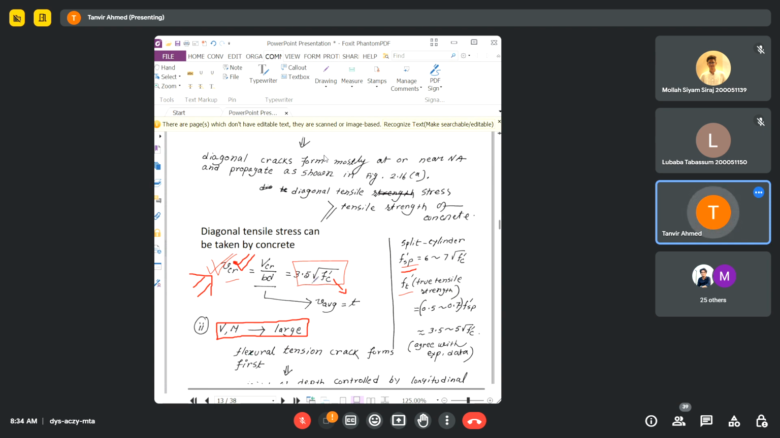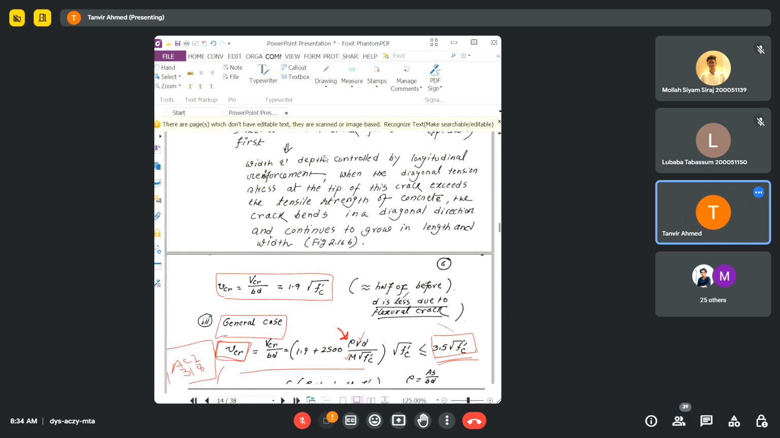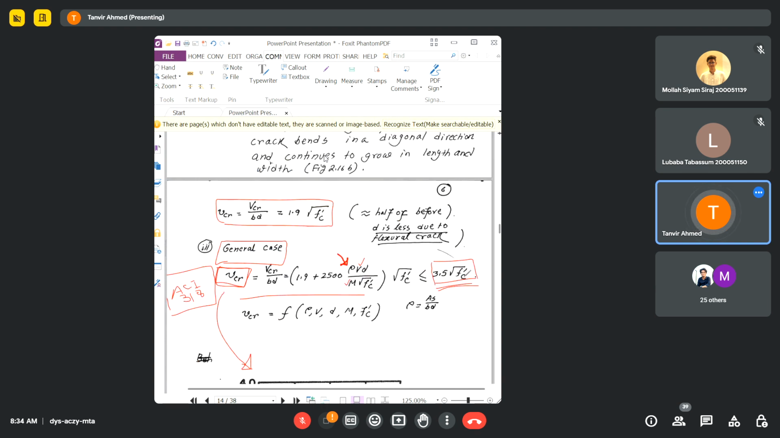So the maximum shear strength will be attained when you don't have any moment. Okay, so in that case, your value of shear strength of concrete will be this one. So this value should always be less than 3.5 square root of fc prime. Okay, and if the value of M is significantly large, then obviously this term will become close to zero,